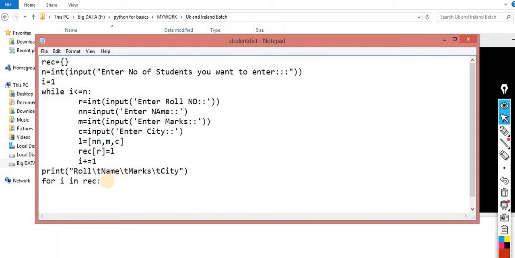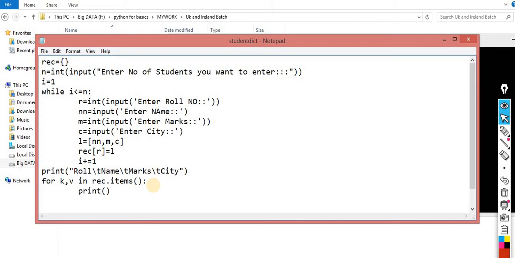So for I, now I is your 101 and 102, and you are getting the data. I am using record dot items. I know items will return the key value pair, the key and value. The key will contain the roll number.